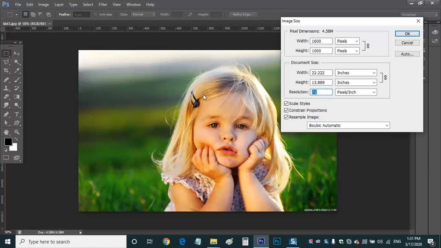So what I mean to say is, we are seeing the picture size in inches as well as in pixels, and it is showing the resolution also. This resolution is suitable only for online media, not for print media. That means this picture is not suitable for print media.